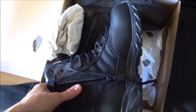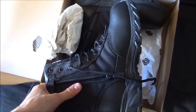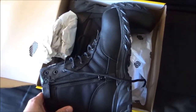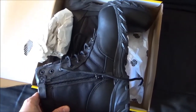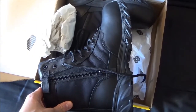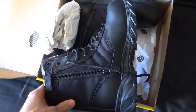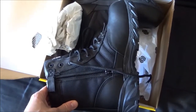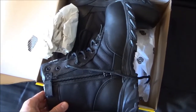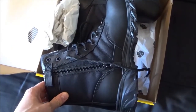I just got them because they're highly functional. I used to wear Garrisons most of the time, but unfortunately Garrisons have just gotten worse and worse in quality, and my last pair lasted 2 years, and in the past they would actually last 10 years, and it's just not cutting it anymore. And I do know Garrisons are typically a parade boot anyway, but the quality of them is just shit now,